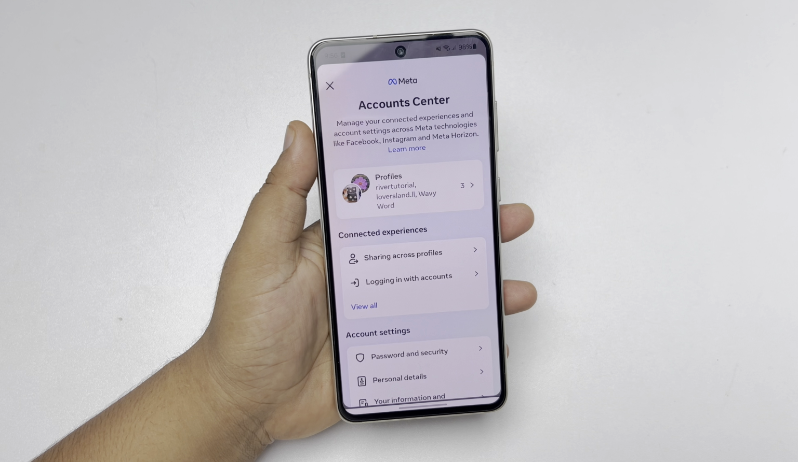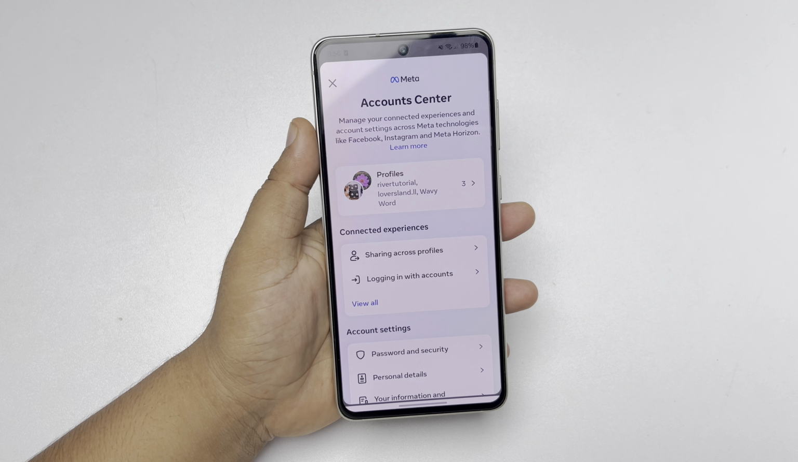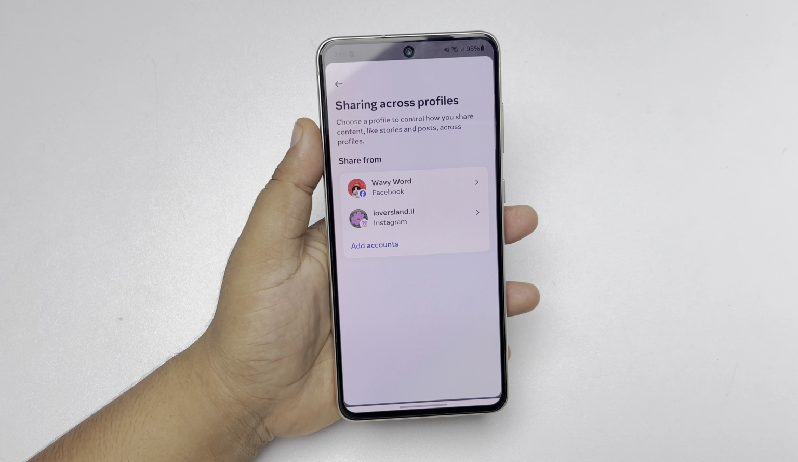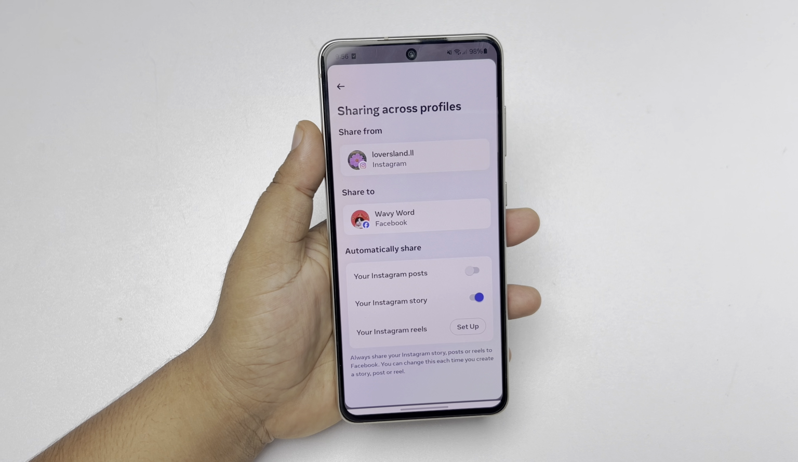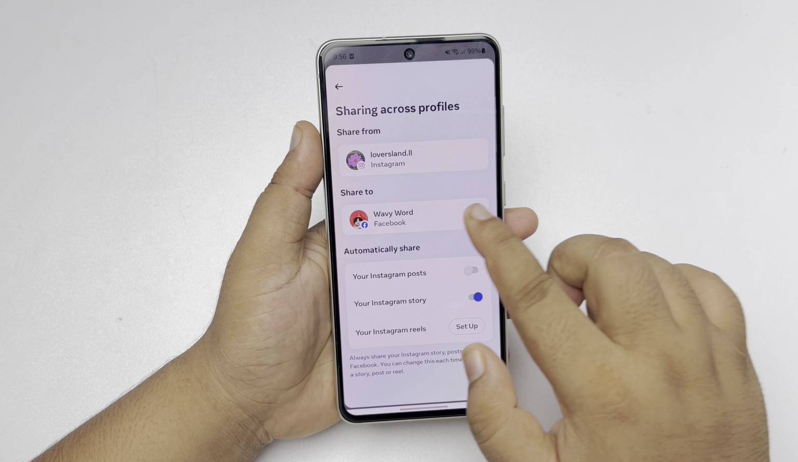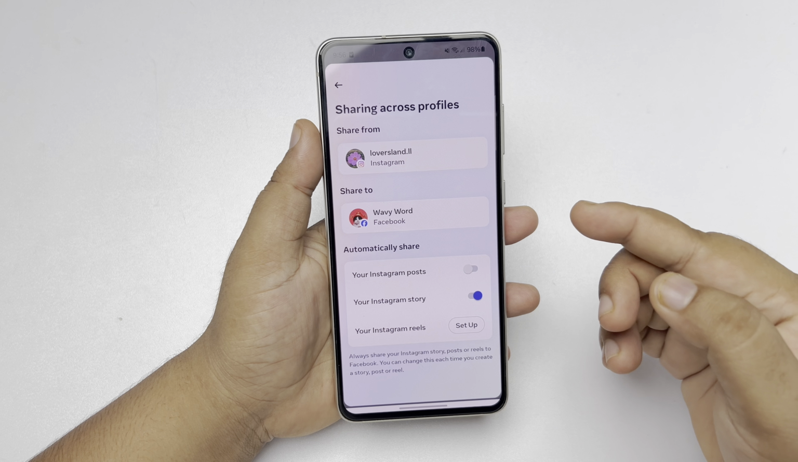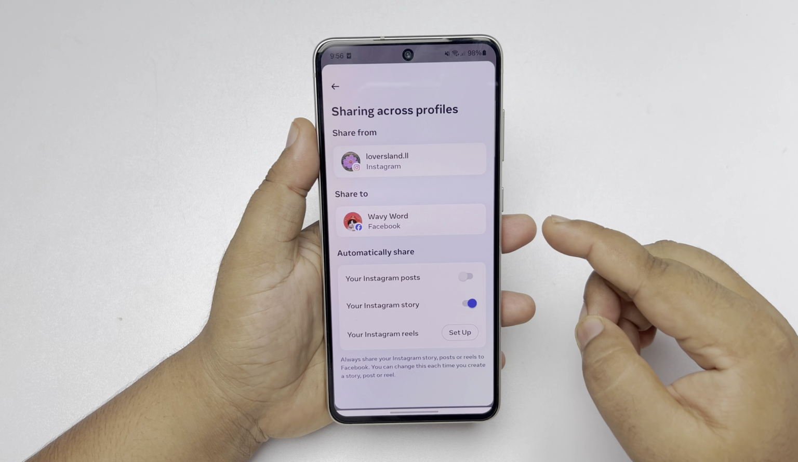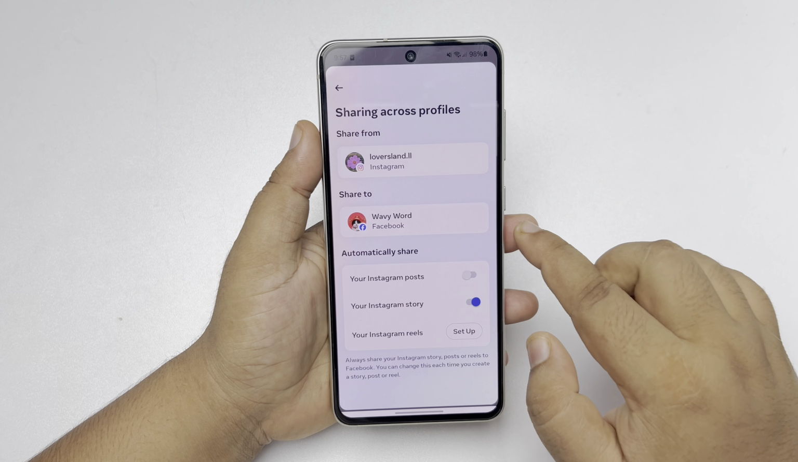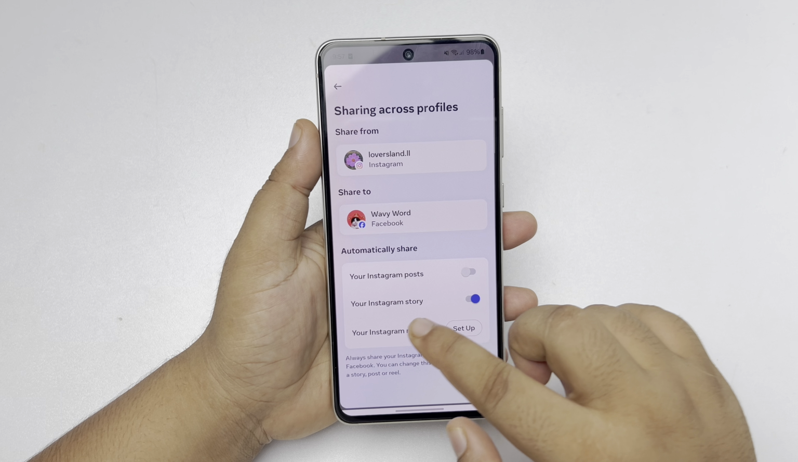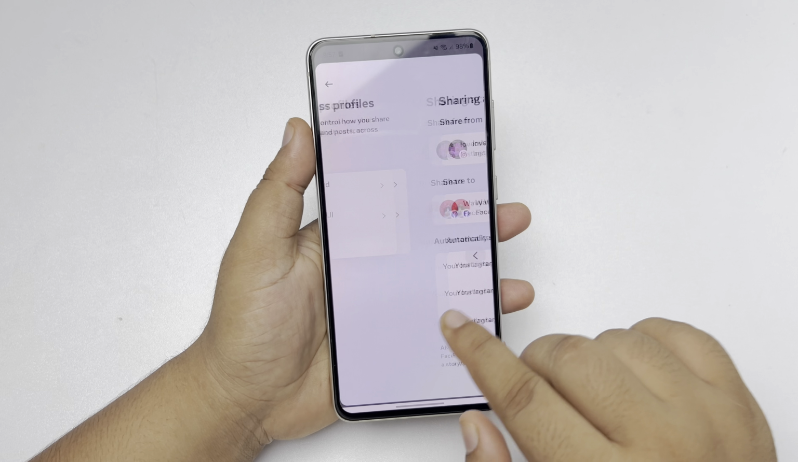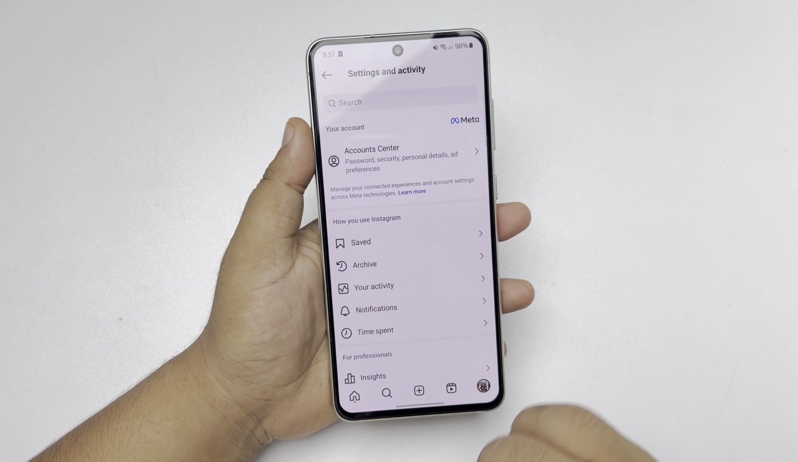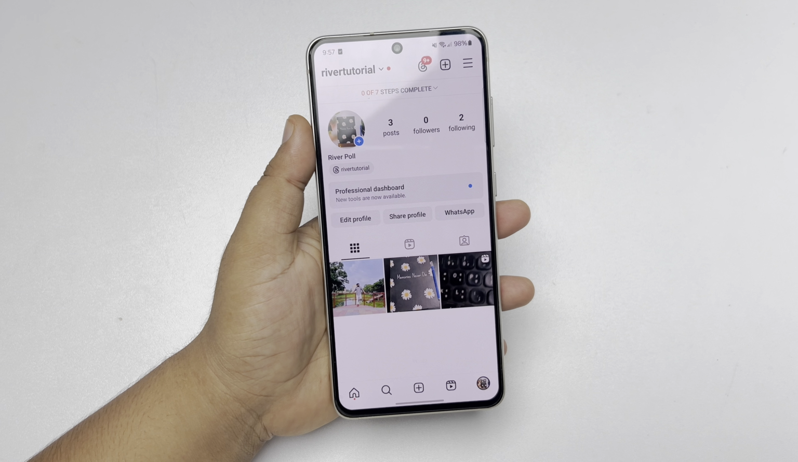And here, we just tap on Share Across Profiles. And now, Share From, tap on your Instagram profile. And Share To, make sure to select your Facebook account here, in which account you want to add a link story. And here, Automatically Share, we can see your Instagram story option. So make sure to enable your story and then go back to your Instagram homepage,